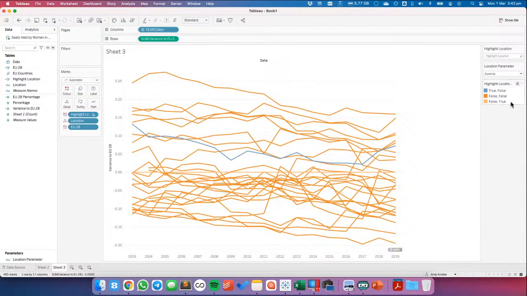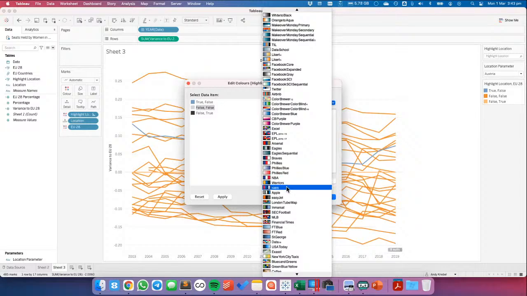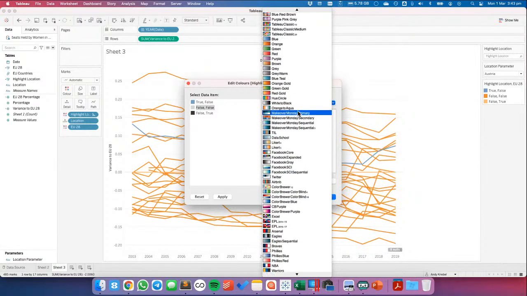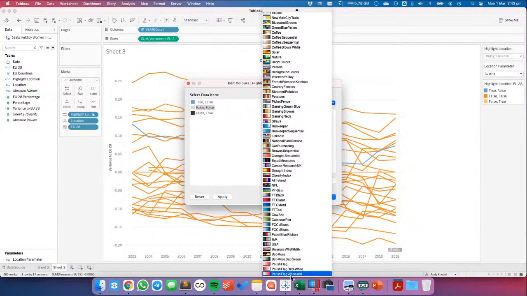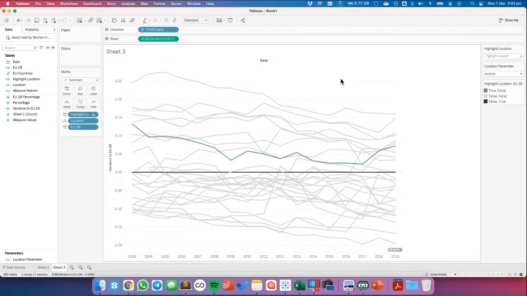So now we can see the EU28. I'm just going to make that like a dark line, maybe something like that. The one I select, or actually everything else I'll make maybe a light gray. And then what other color could I use then? Maybe, let's see here. Let's pick another color. Let's see what that green looks like. Okay, yeah, I probably wouldn't use that green, but you can see now as I change the field that I highlight,